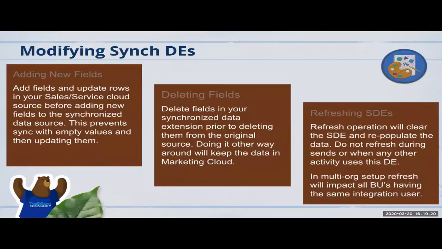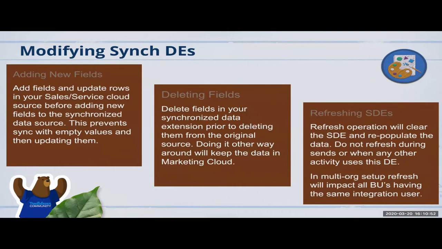Okay, now a few best practices that we have for synchronized data extensions. Keep in mind, it's always synchronizing the data across the two systems, right? So when you are adding new fields, you first have to add and update them in Sales and Service in CRM, and then you do the synchronization. And deleting is the other way around. You have to delete it first in our Marketing Cloud, in our synchronized data source, and then you go delete it in